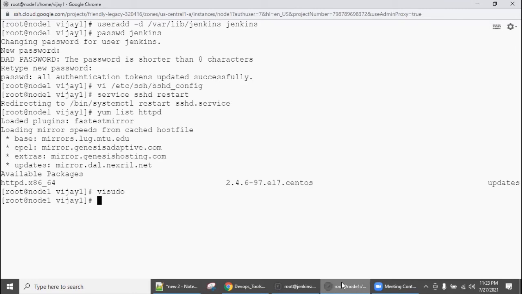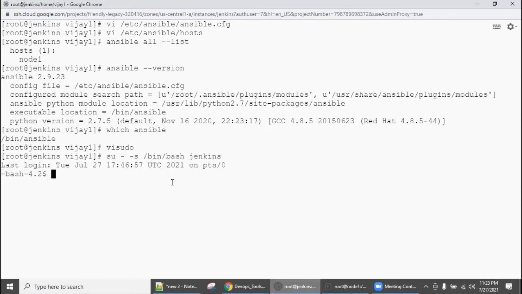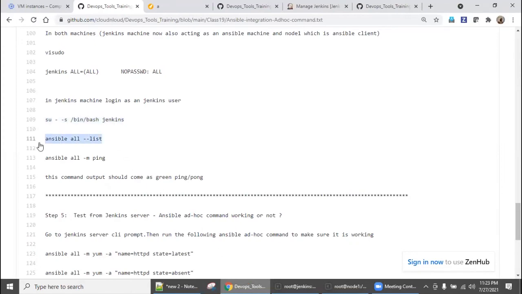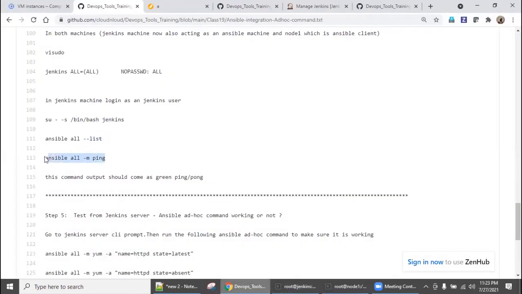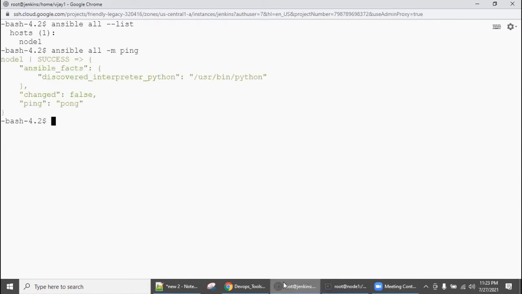Now everything is finished. Now go back to the step. As the Jenkins user, better from the command line you confirm everything is okay or there is still a problem. So now you are logged in as the Jenkins user in the Jenkins machine. First run the hosts command. Yes, fine. And also the Ansible way of pinging, make sure you are able to reach from Ansible. Yes, see ping pong. If you get this green color ping pong, that means you are fully good to go.